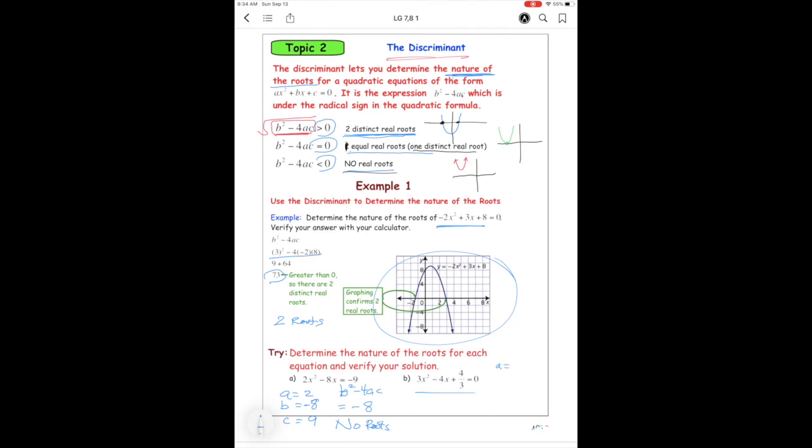This one here, you don't have to get rid of this fraction because you can just use your calculator. So you have your A is 3, your B is negative 4, your C is 4 over 3. You plug it into the discriminant. So plug it into this formula. And I got 0. So 0 means 1